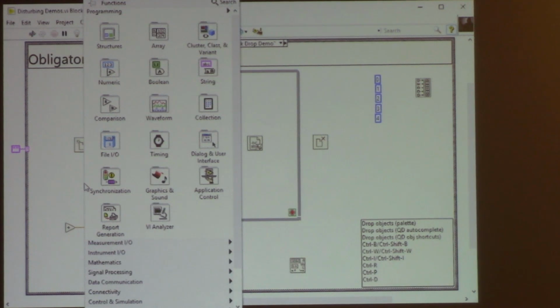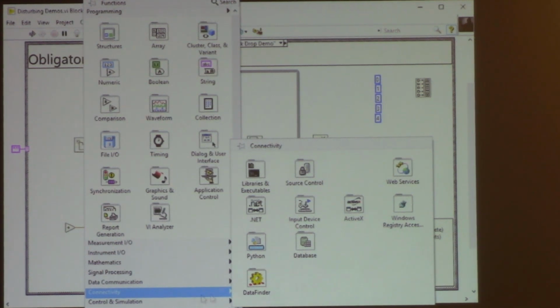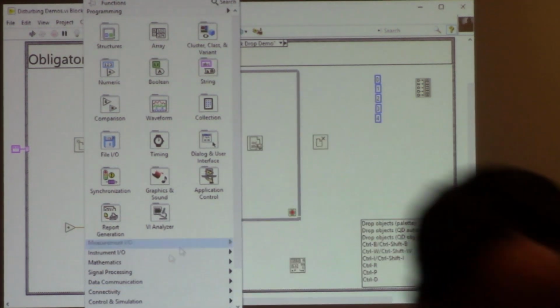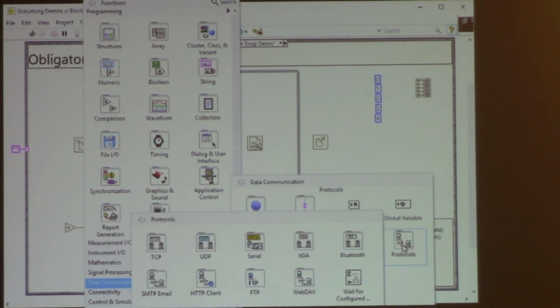All right, so let's see. I'm connecting to TCP, right? So okay, none of this stuff looks like it has anything to do with TCP. All right, wait. Data communication protocols. That's right, I remember. Also, it helps that protocols has a little tiny TCP there. Okay, so I come over here,